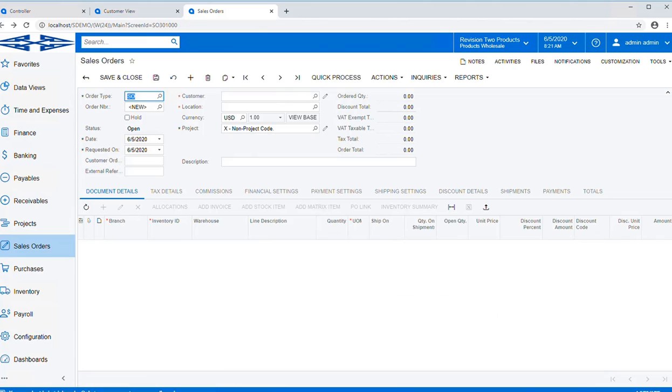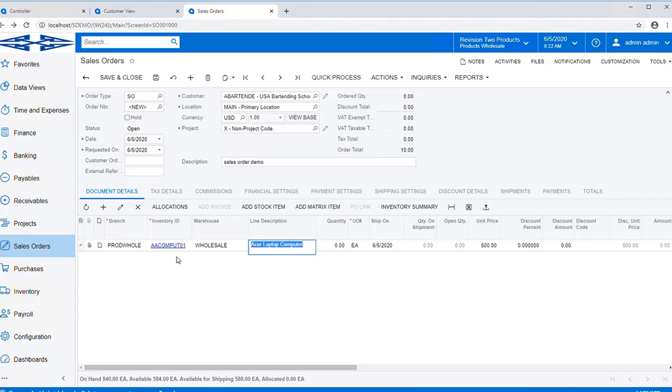Let's take a look at doing an order to invoice process and see how quick and easy that is for you. We're going to go ahead and use our USA bartending customer, and we're going to sell them our laptop. You'll notice the price here is $500, but if we sell them 3 laptops, Acumatica will automatically add in line